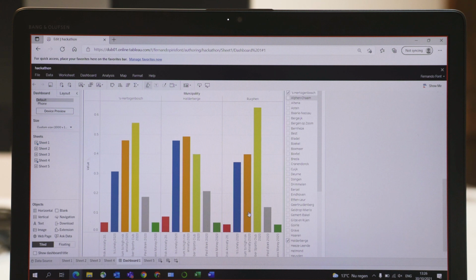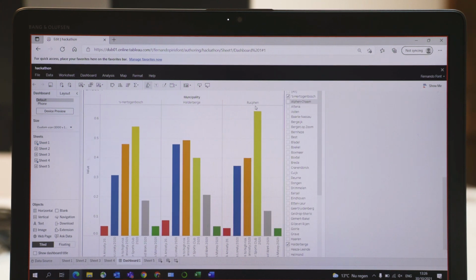And we can see, for example, here in this town of Rookven, they have a very high number of sports memberships compared to, for example, Helderberg. So we know that maybe in Helderberg it would be a good idea to come up with a sports initiative